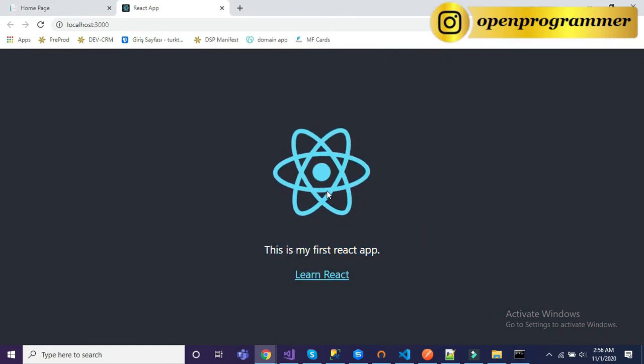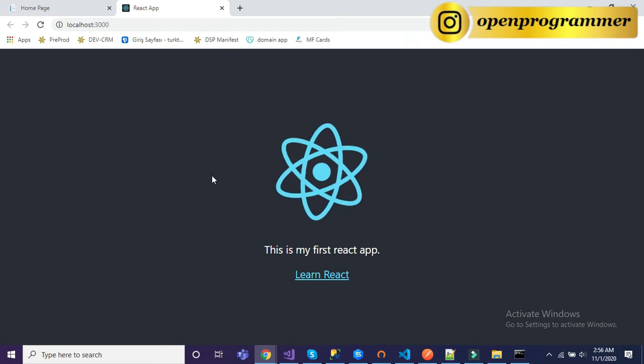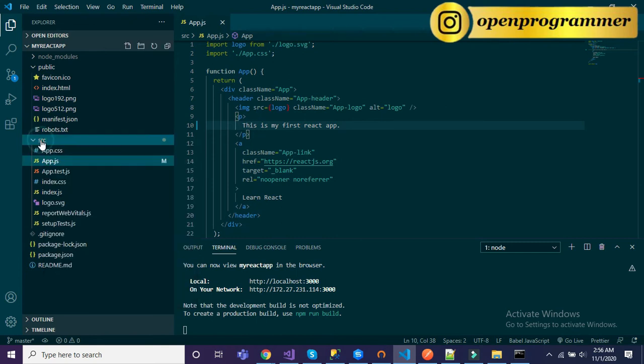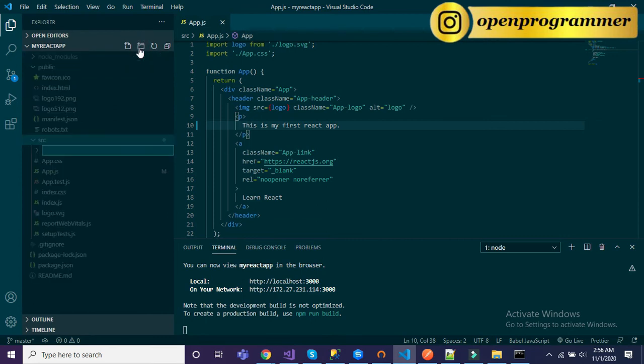Okay. So now we will write some code to get data from SQL Server. Alright. For that, we have to create a folder inside the source folder. Let me click on source, then new folder, and give it a name like components.